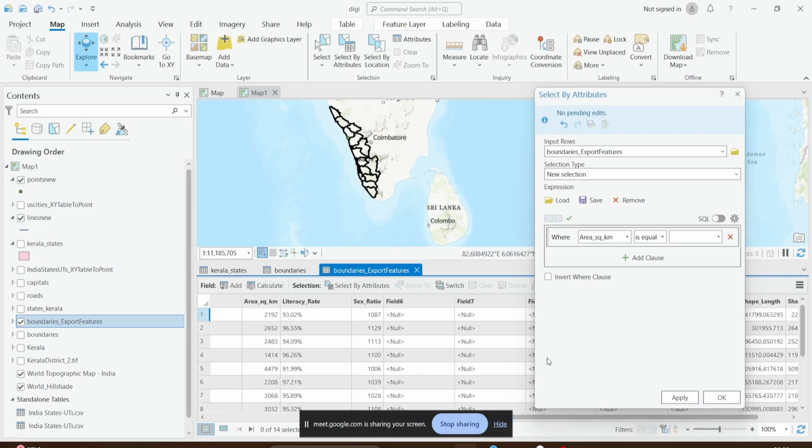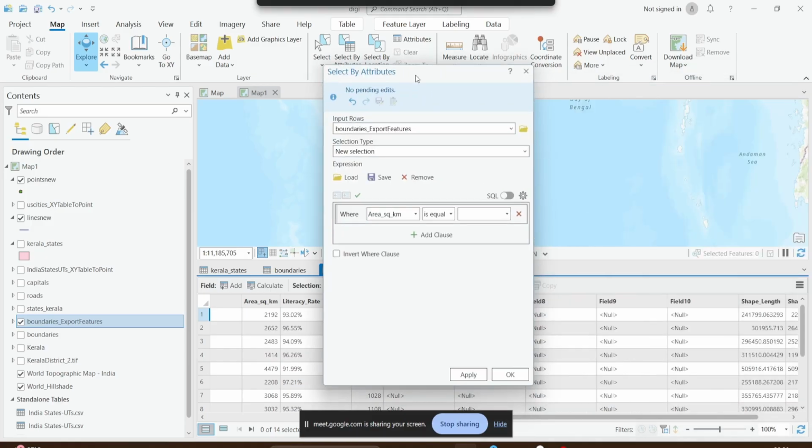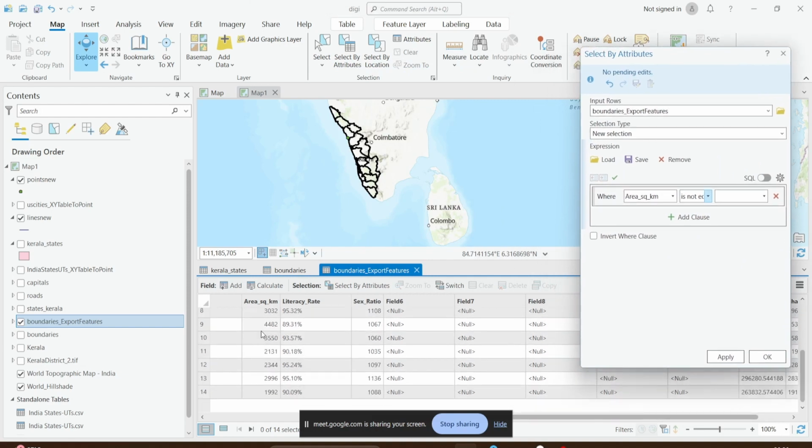So yeah, you can actually see here, I have some fields here which are actually empty. So if it's empty, it will be showing the fields as null. Okay. Yeah. So those are null fields. So for this kind of field, you can also give conditions. Like if my area square kilometer is, I can give something like greater than 4,000. If I'm giving a condition greater than 4,000 and I'm clicking apply,